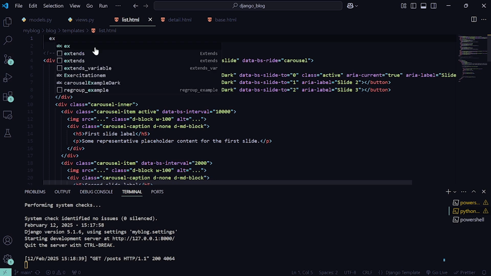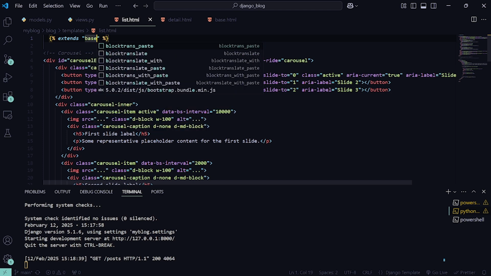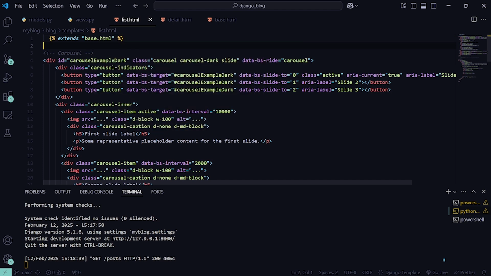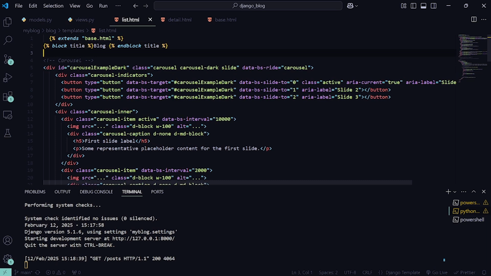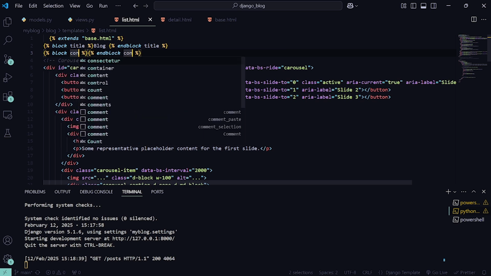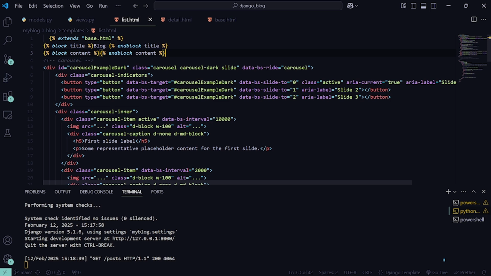So how can I do that? I'll just say extend base.html. Then I'll say block title, end block title. So here is just going to be the title, like the title. So here let's just say blog. Then after that we are going to have block content and end block. But now, this end block content, I'll cut it from here